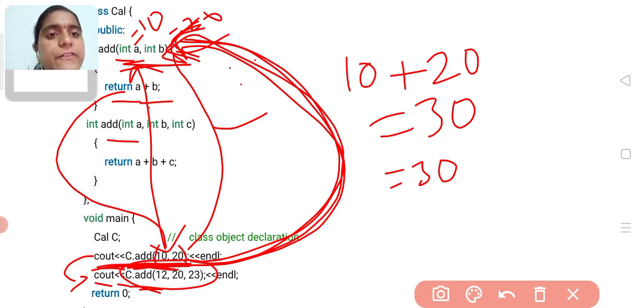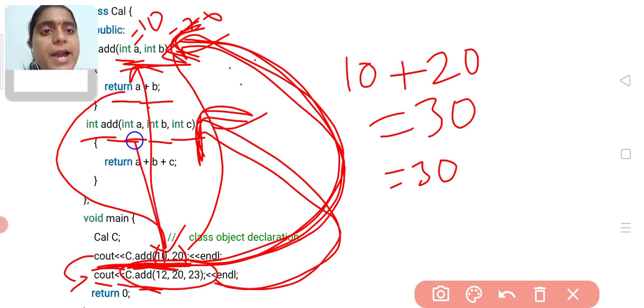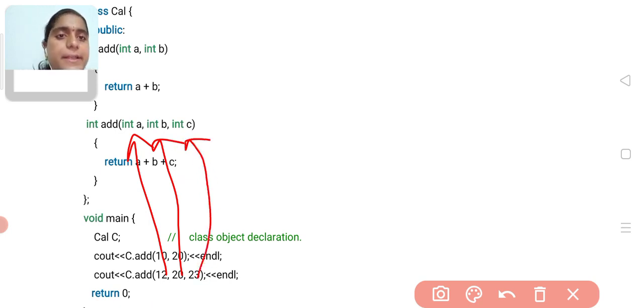Now this call will match this function, int add int a comma int b comma int c. When I call this function, it is matched to this function definition, and here 12 will be passed to a, 20 will be passed to b, and 23 will be passed to c.